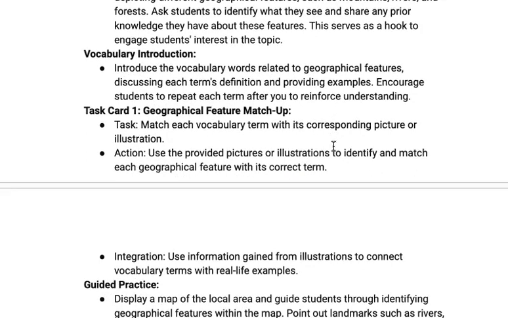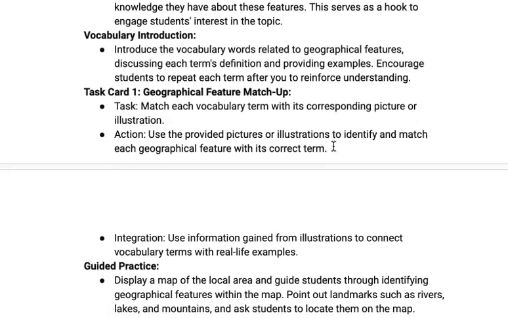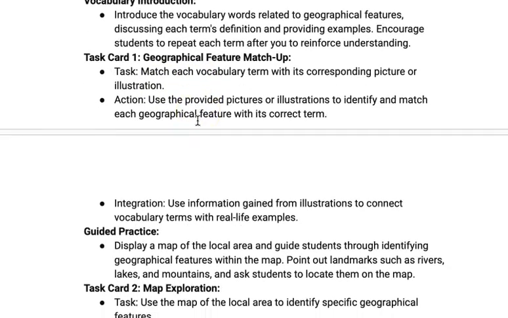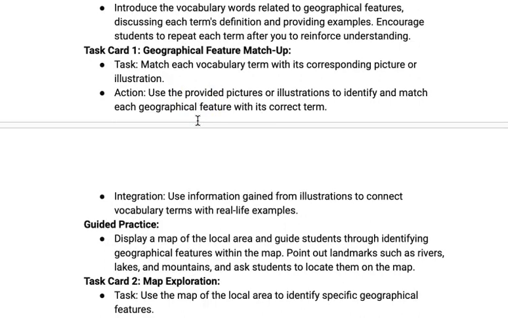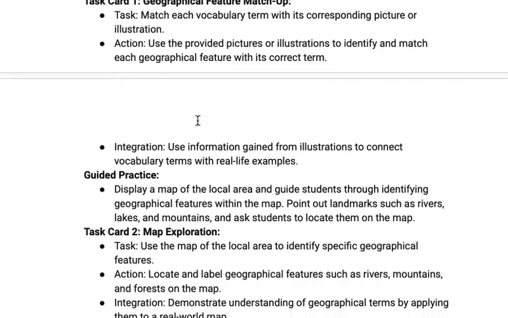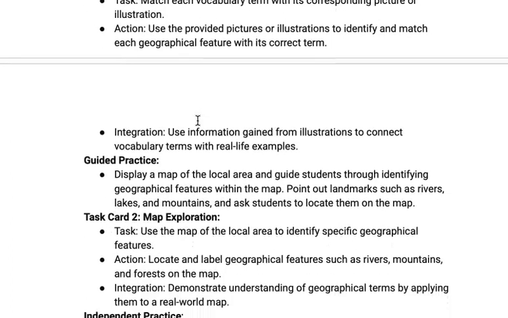And for task card number 1, which is geographical feature match up, the task is that students will match each vocabulary term with its corresponding picture or illustration. And for the action, they will use the provided pictures or illustrations to identify and match each geographical feature with its correct term. And the integration is that they will use information gained from illustrations to connect vocabulary terms with